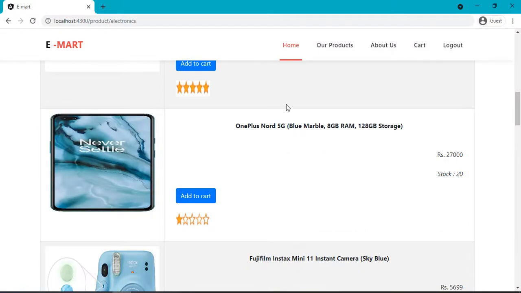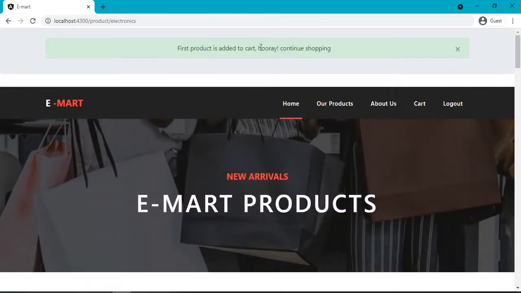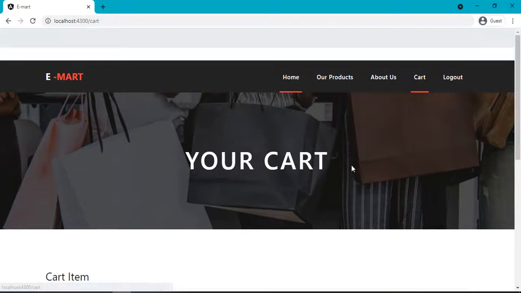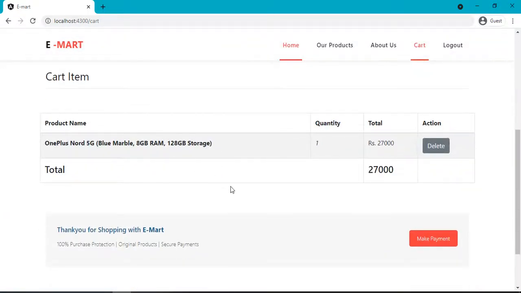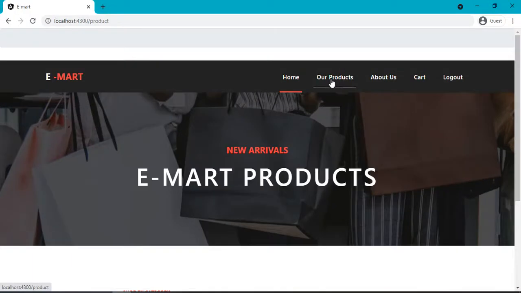Now I am going to add this to my cart, that is OnePlus Nord 5G. Add to cart. First product is added to cart. Hooray, continue shopping. Now I will be able to see that in my cart I have added it. If I want, I can delete too. As I delete, the page will reload and the query will be fired and the product has been discarded